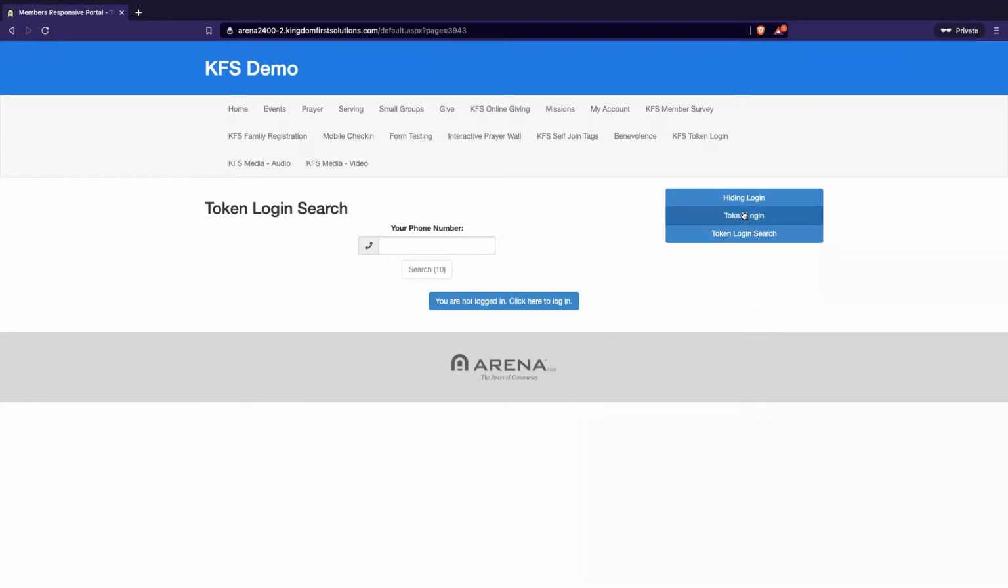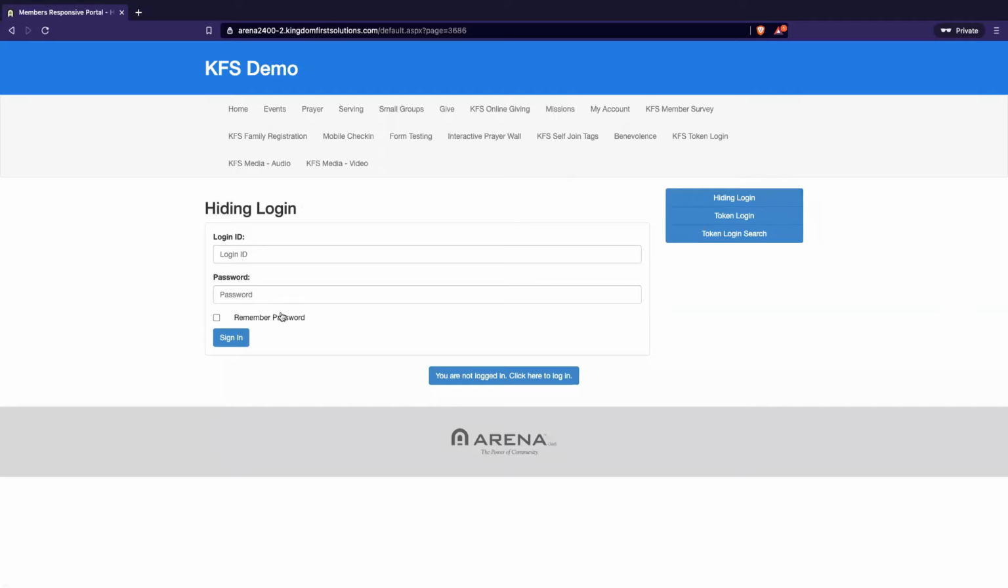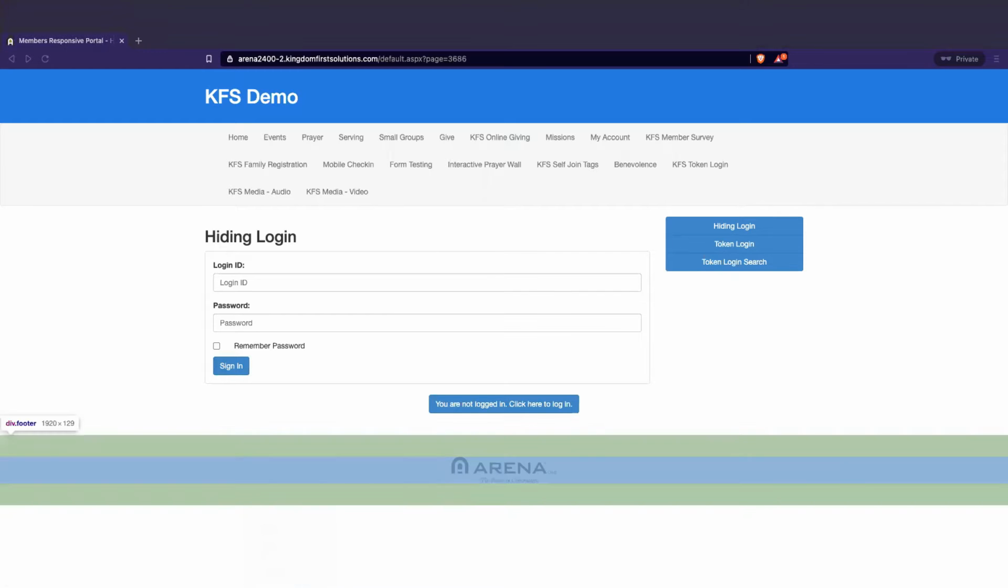Then there's the token login. Well, there's hiding login. You guys are probably all familiar with hiding login, but we integrated into this remember password, so that if you have token login turned on, and if the person says remember password, then it will issue them a token. Let's go ahead and give that a shot first, because that's a way for us to look at the